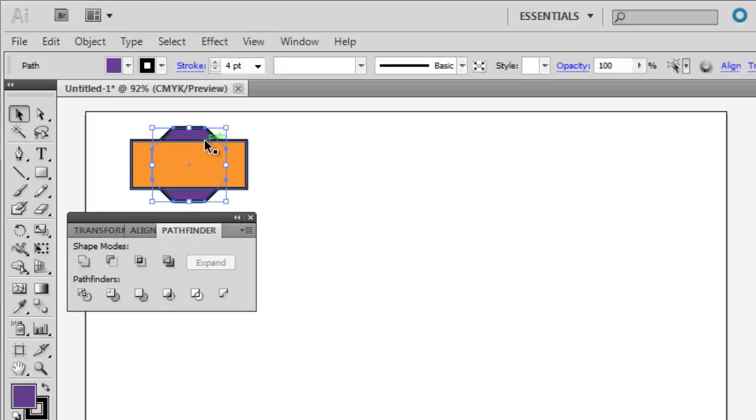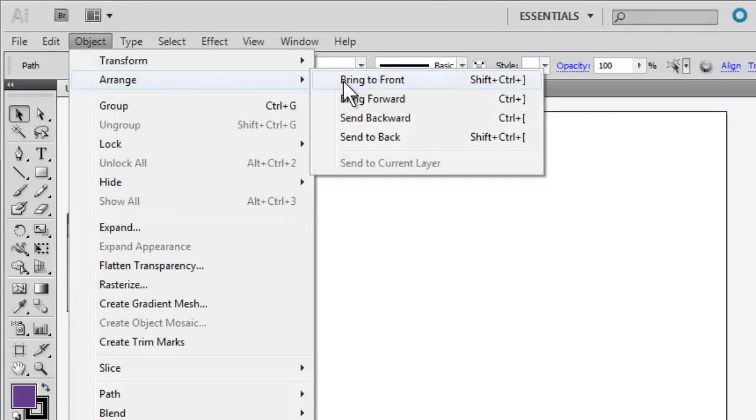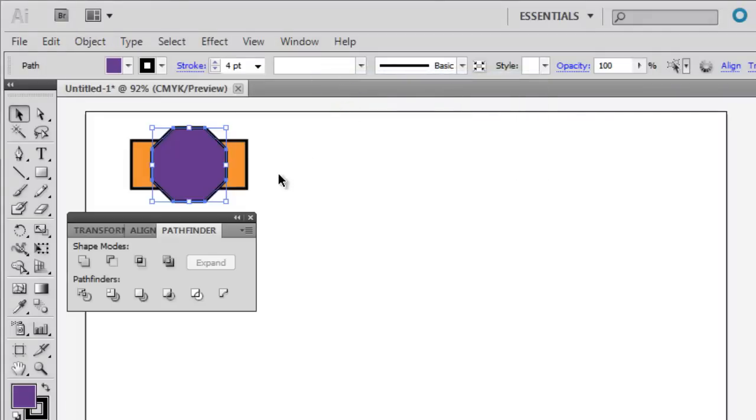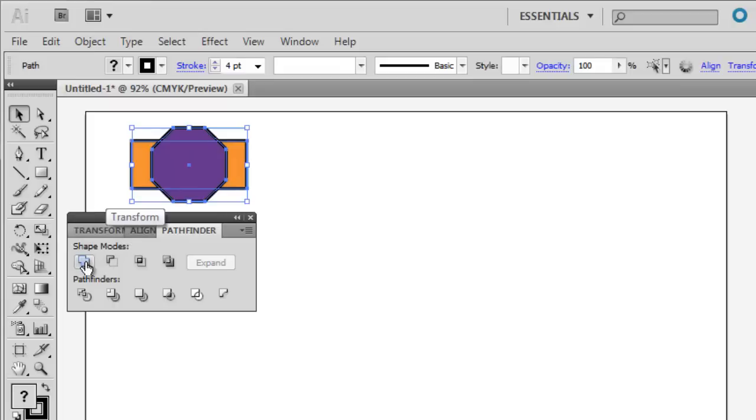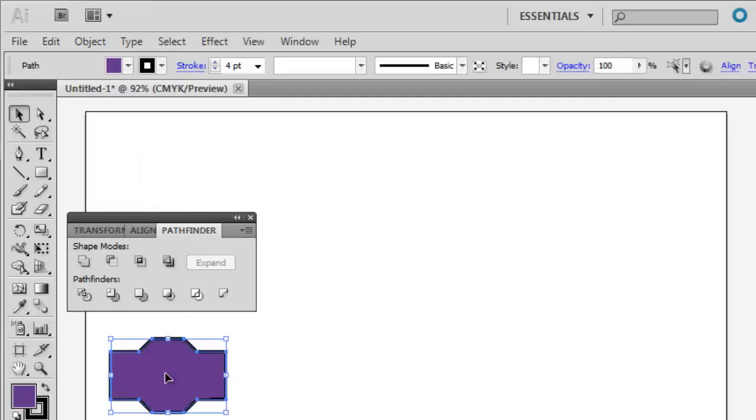Click on my octagon and choose Object, Arrange, and Bring to Front. This places the purple octagon on top of the orange rectangle. Now, using my Select tool, I can draw a box and select both of these shapes, use Unite, and you'll see that now it maintains the topmost color, which was purple. I'm going to move this shape out of the way, and then we're going to look at the Subtract or